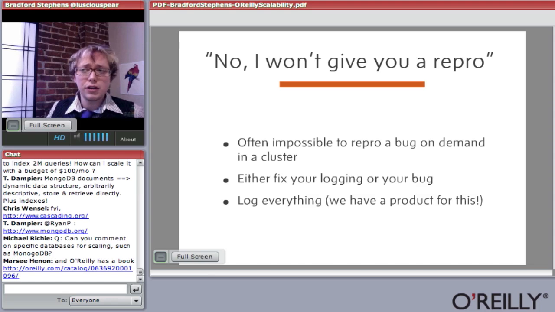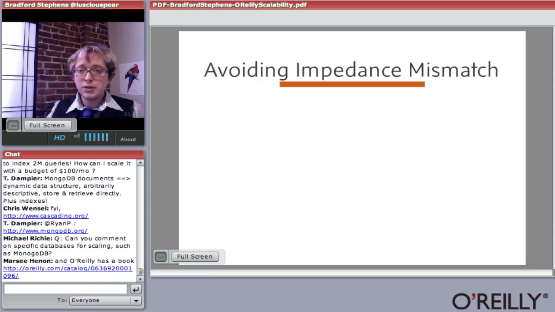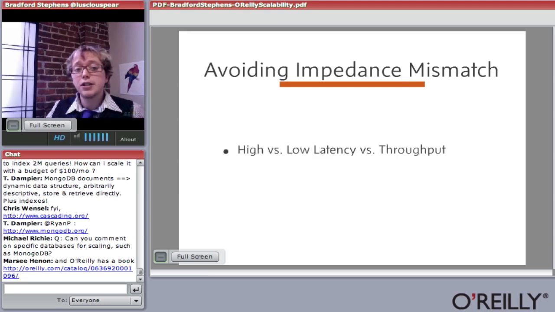There's this new startup called Loggly. I don't know how much data they can handle, but they sort of outsource log processing. Logs are really, really important because that and monitoring are the only ways you'll ever be able to look at the history of your machines and see what's going on.